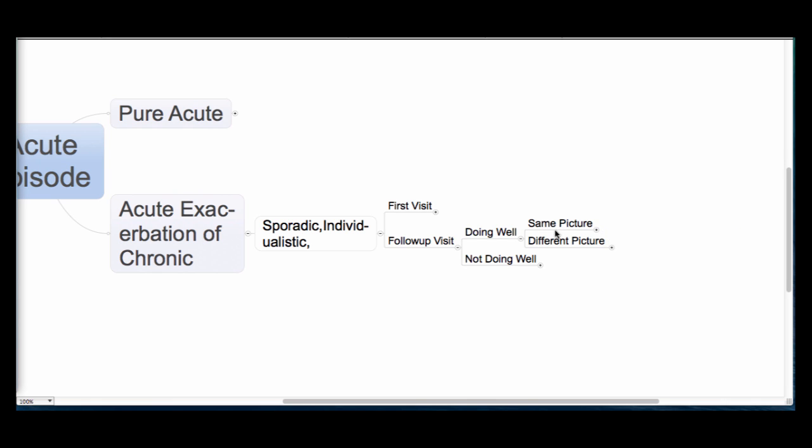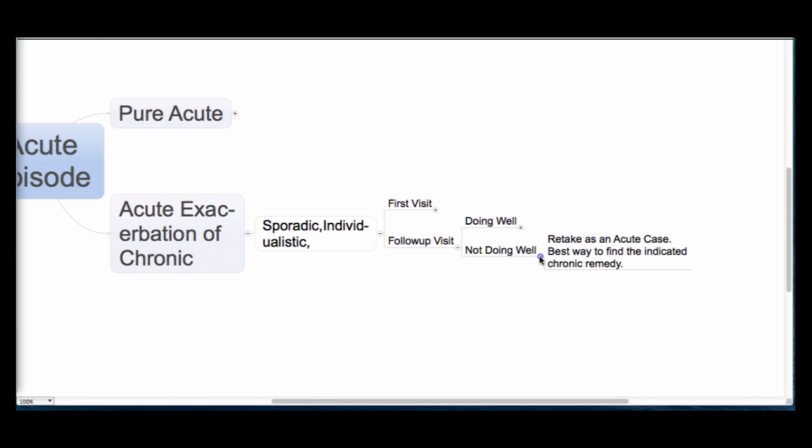And then let's come back to a person who's come for a follow-up visit but is not doing well. Now in this case, the issue is you just have to take a retake, because that particular remedy is not going to work. And so you are actually looking as if you're taking the retake of an acute case. It's something like the first visit. You are just looking at the change in disposition and working out the acute picture. Most of the time, this is the best way to point you to the chronic remedy,